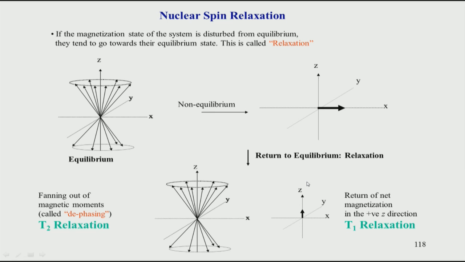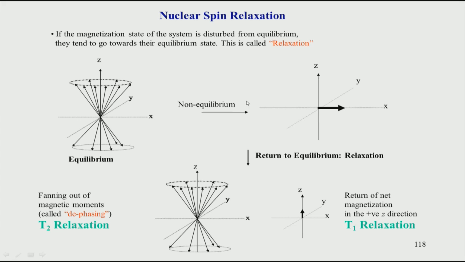And there is another process known as T2 relaxation, which is called dephasing. Why is it dephasing? If you look at this picture again, they are all distributed around this cone. This is called random phase, they are all phased out, they are not together, so they are all dephased. But when you apply a pulse, they all come together in this axis. So, they are now phased.